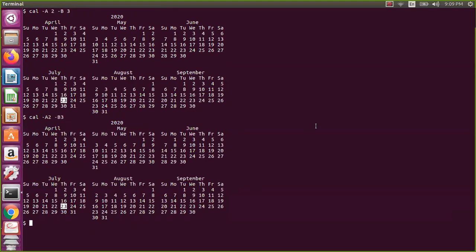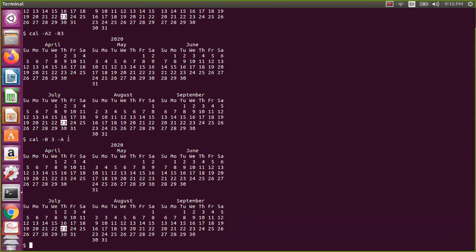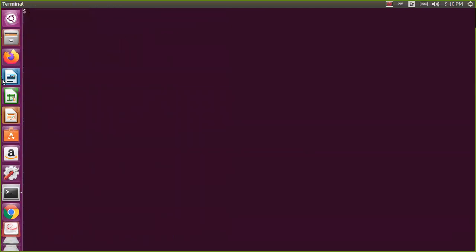It is not a single option you will enter; you will enter a number of options. Going forward, in other commands, we will see multiple options and their usage. If you give one option before and one option after, it doesn't matter. Let us assume I have given one first and the other next; a change in the order of the options doesn't matter. So that's what we have seen.